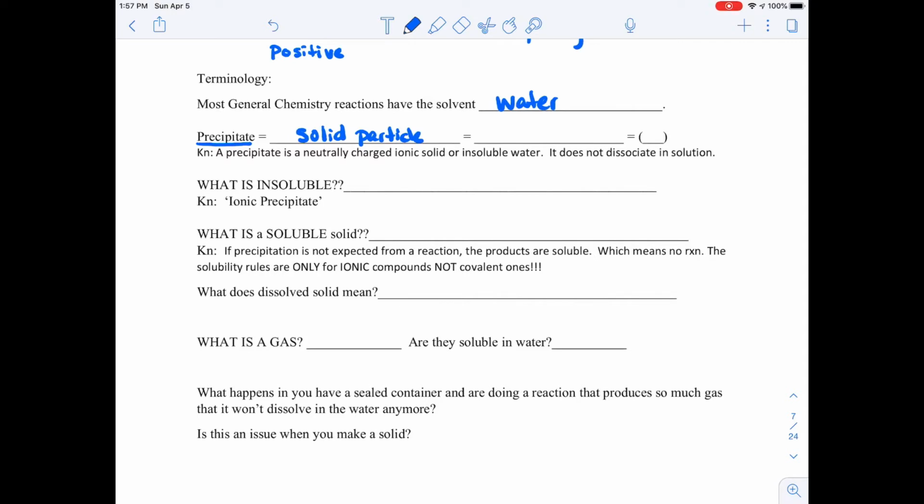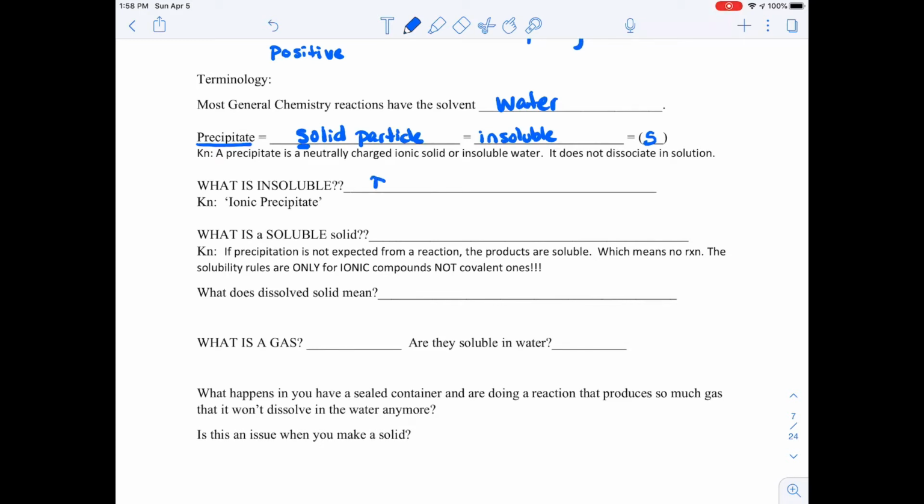If you have a solid sitting at the bottom of your water, that's because it's insoluble, meaning it won't dissolve. That's why it's sitting there. Like if you stir it, it's still going to sit there. That solid particle is insoluble in the water. Because it's a solid, we use the S to represent things. So S represents solid. It also represents the word insoluble, just sitting at the bottom. It's like sand in water, insoluble. The solid on the bottom, the sand, that's your solid particle, and you would use an S to represent it.